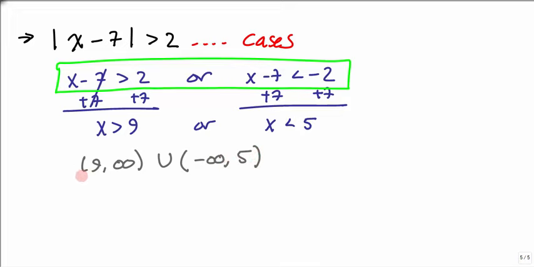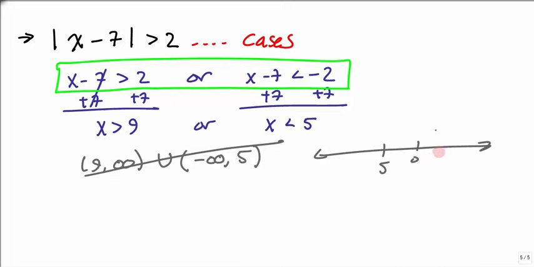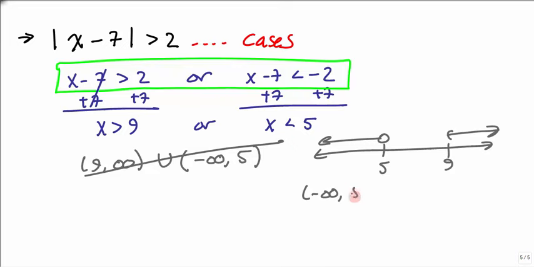And in fact, I really don't like how I have that written. Let's put this on a number line first. So here's 5, and here's 9. So here's greater than 9, parenthesis to infinity. Here's less than 5. So I should have written this negative infinity to 5, union 9 to infinity, because we